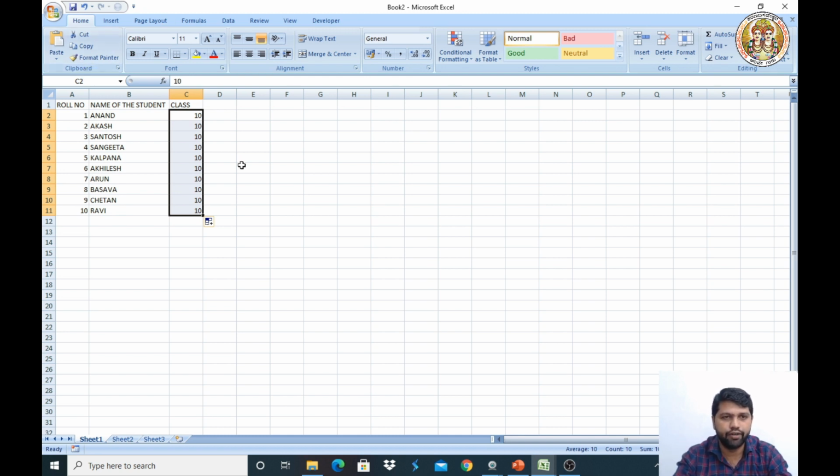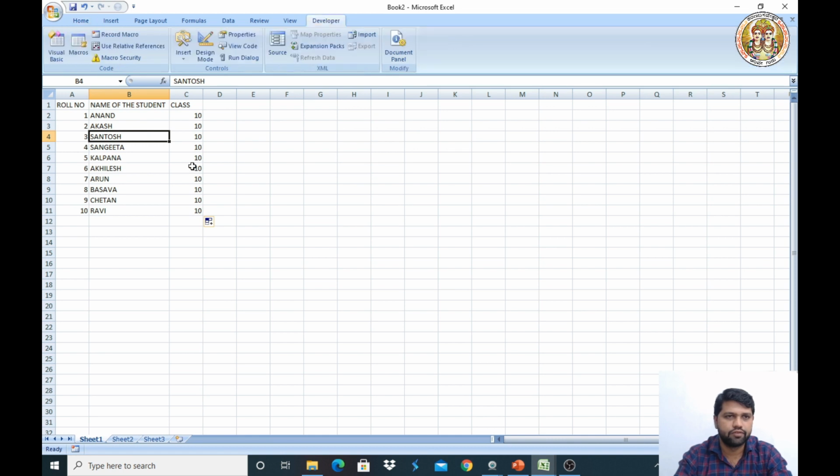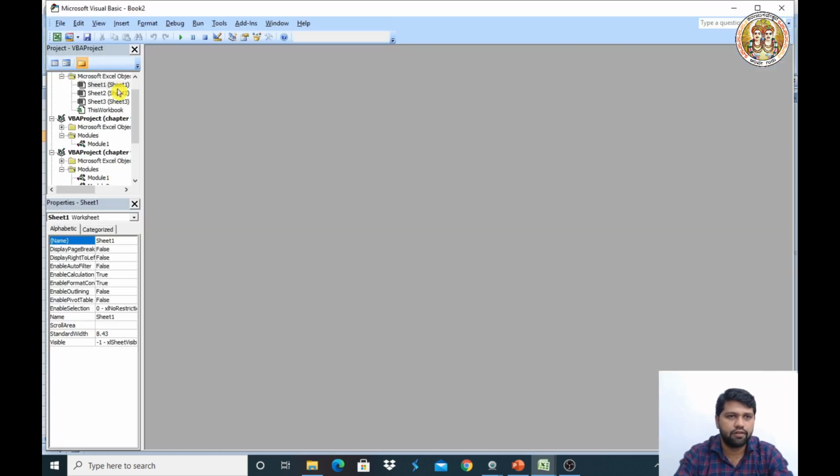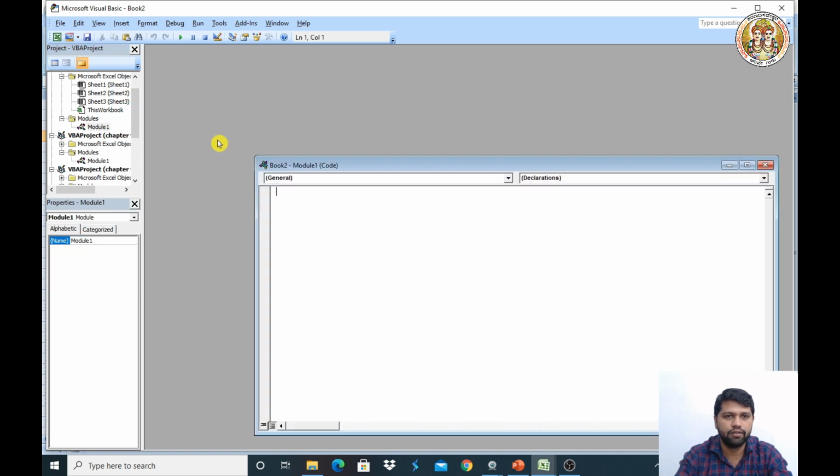So for that we need to go to VBA. What is the shortcut for that? Alt F11. Right, the sheet 1 module. So here we need to define it. Sub SortData.